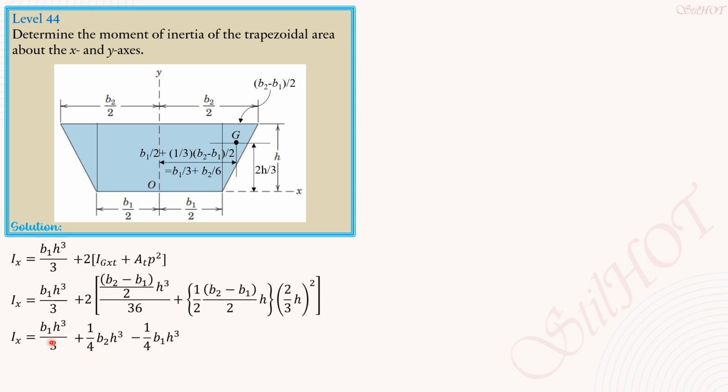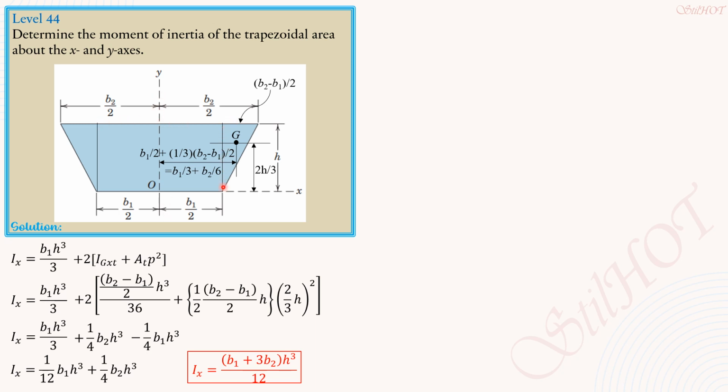So combining 1/3 and minus 1/4, they are like terms. So Ix is 1/12 b1 h cubed plus 1/4 b sub 2 h cubed. So factoring out h cubed over 12, then Ix is equal to (b1 plus 3 b sub 2) h cubed over 12. So that's Ix. Now with respect to the y-axis, which is the centroidal y-axis also, it is the moment of inertia